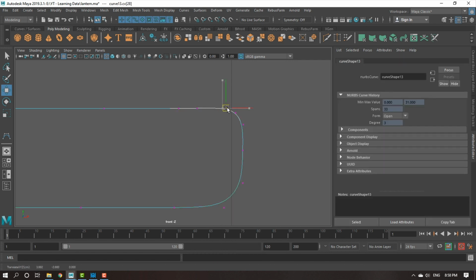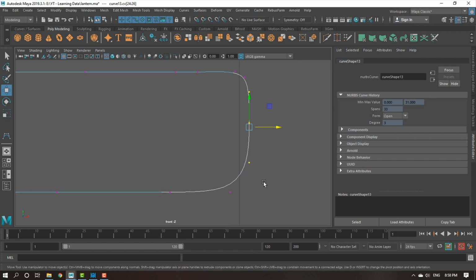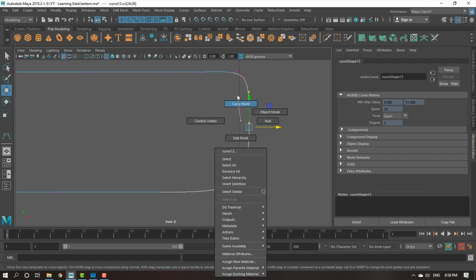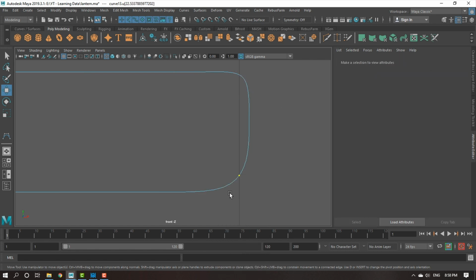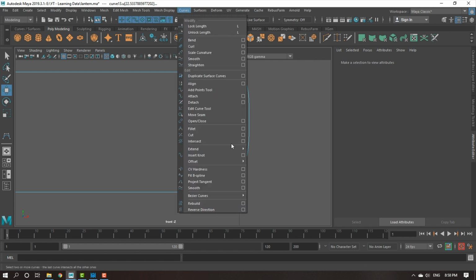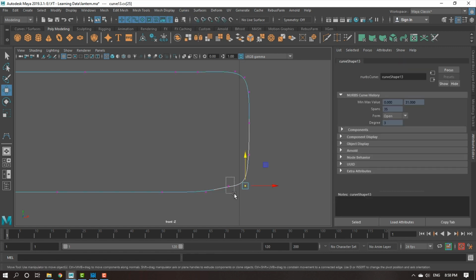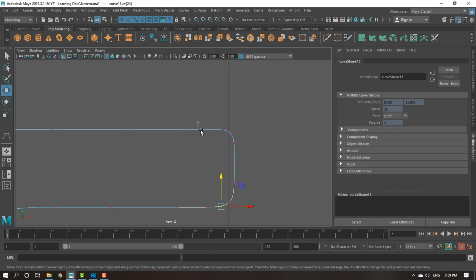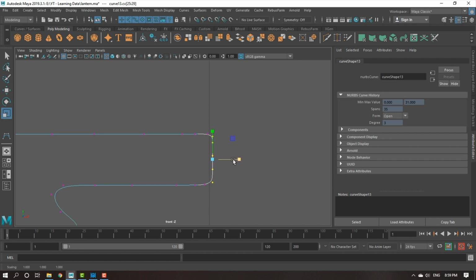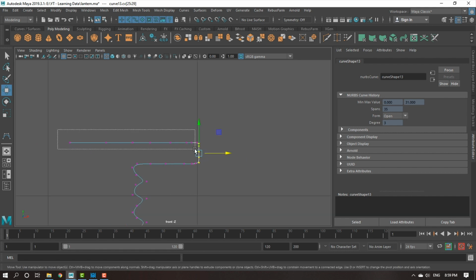So this is my point. I'll select these things. Again I will go here and scale the point. And again I need, here right click, I'll go to curve point. I will add a point here, hold shift, add the second point, and again the same thing. I'll go to curve and say insert node. Something like this. Make sure they are perfectly straight. So you can just go and scale them in one direction.